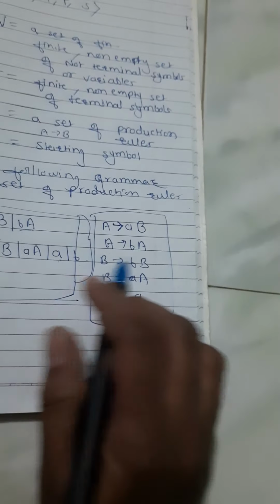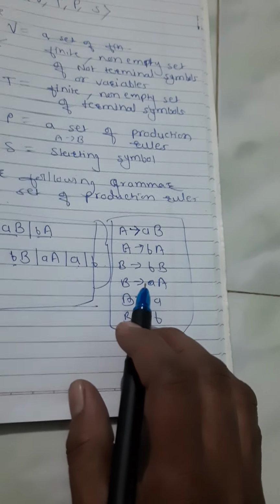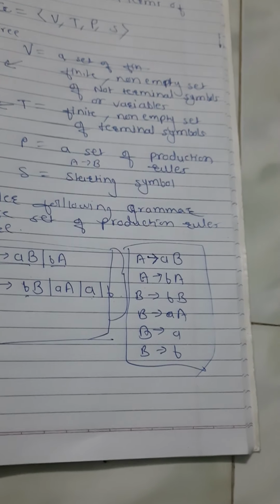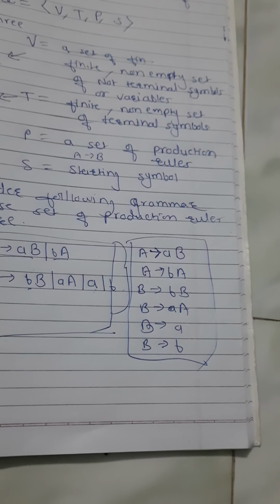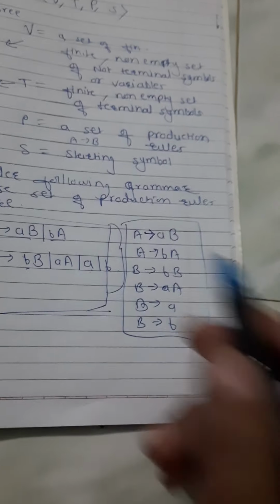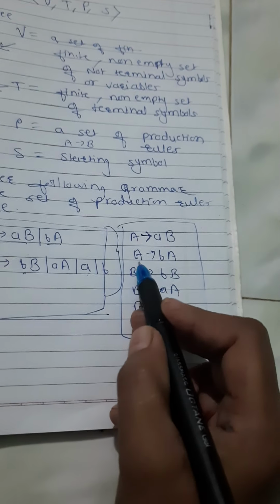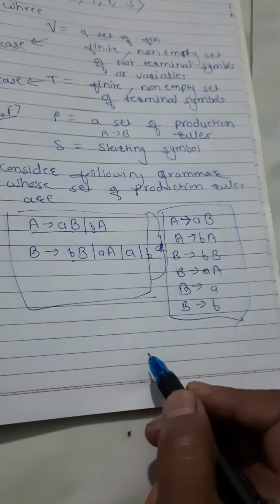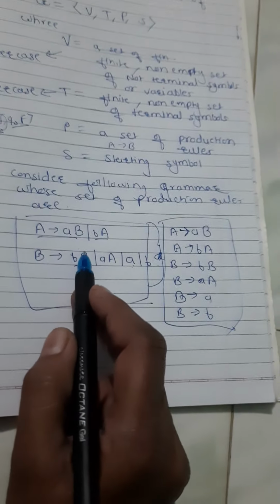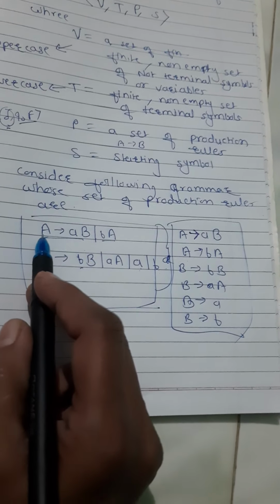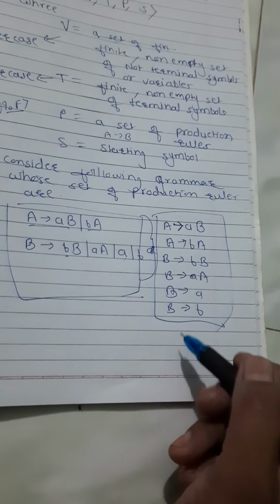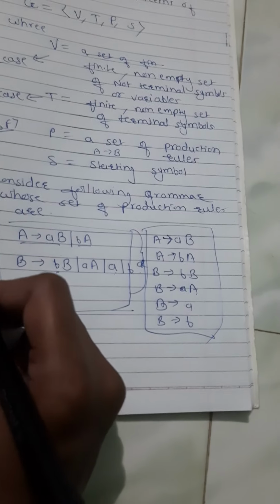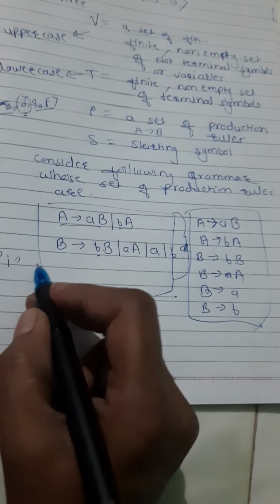Now this is the format of the production rule, that is nothing but A gives B. It is just similar to our concept of the if-else construct of any programming language. So A gives AB, then A gives BA. This is one example. These both sets are equivalent. Here we have used just the OR operator and defined the A production, B production. Here we have written all the productions separately. So this is the example. We will note down here. This is the set P, right? This is the P set.